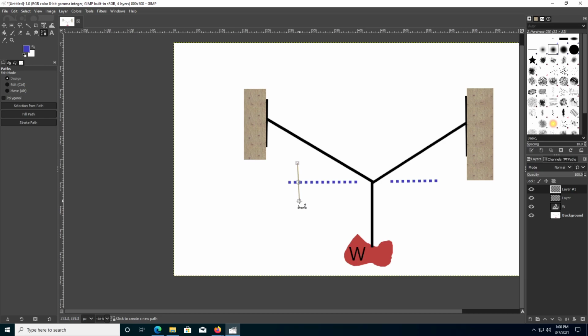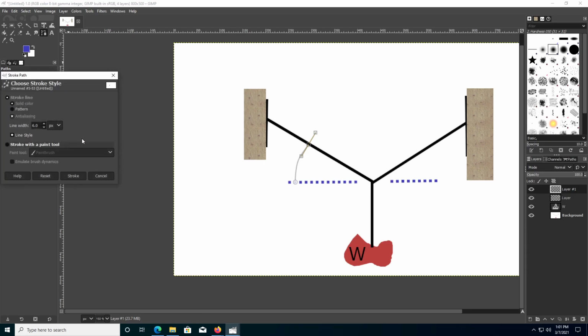I'm going to go from here to say there. And I've goofed it up, so I need to do this. I need to go from here. I think I just goofed it up again. No, I did right. So that doesn't look like a circle, but that's okay. So I'm going to stroke that path, but I'm going to drop it down to 4, and I'm